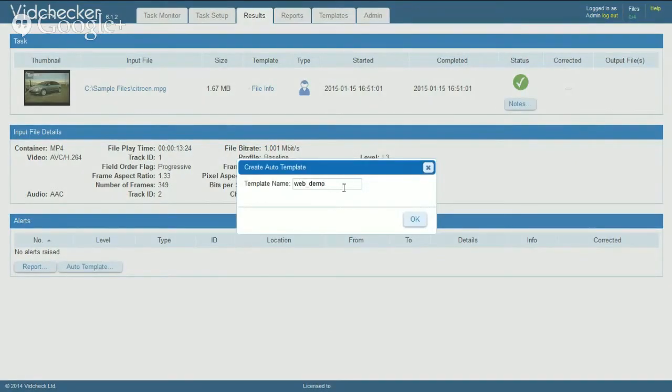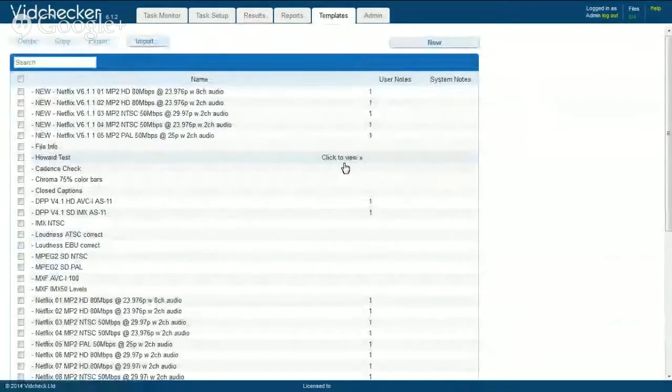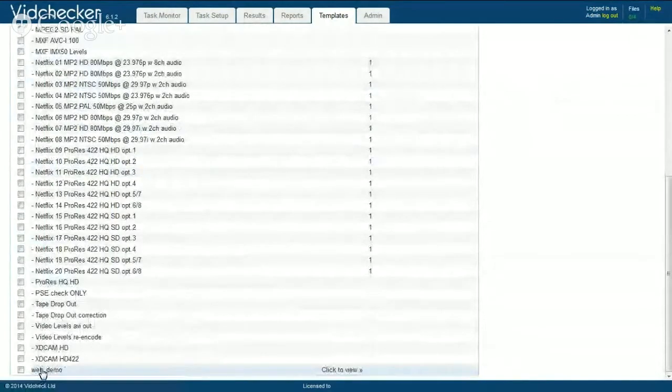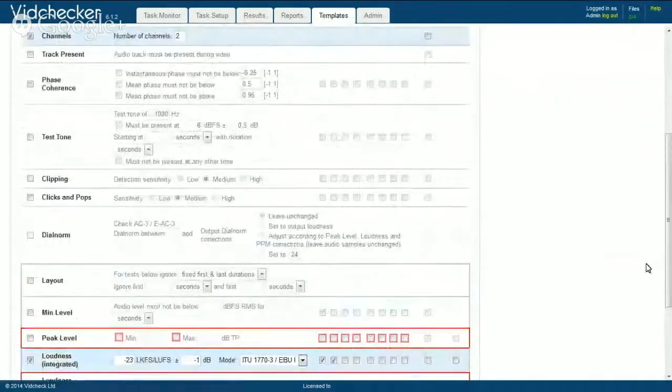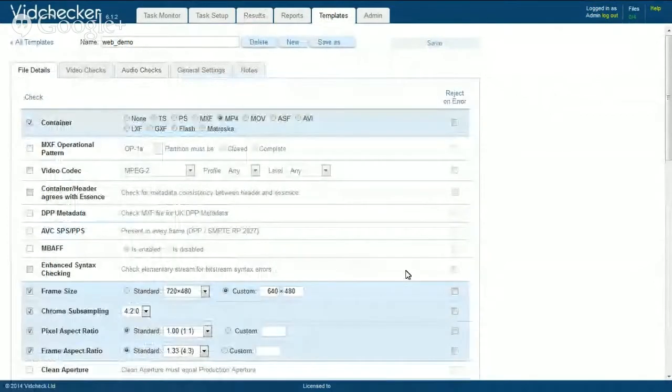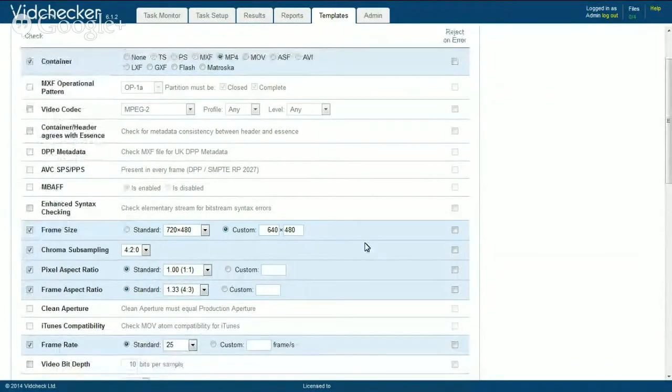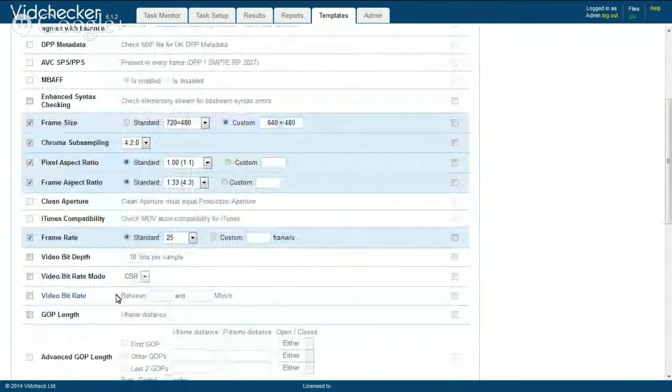And if I give the file a name, click on OK, now go to my list of templates and scroll down, click on the link to that template, and now what it's done is it's created a template based on the makeup of that MPEG-4 H.264 file. In this particular case, the file had a custom frame size, so it's actually populated the values in the frame size parameter there. It's extracted the pixel aspect ratio, the frame aspect ratio, the frame rate,